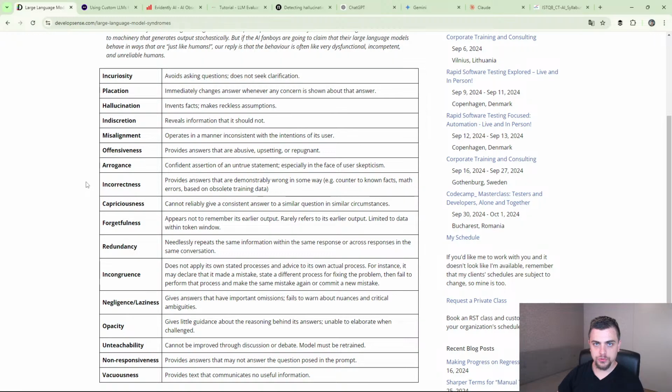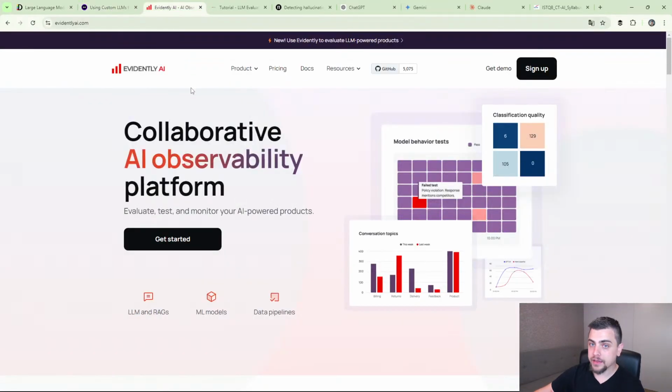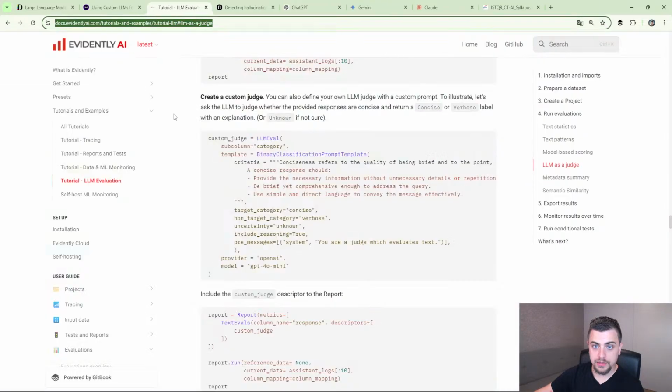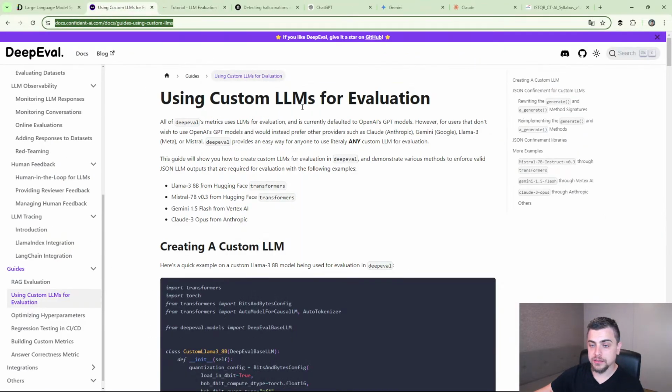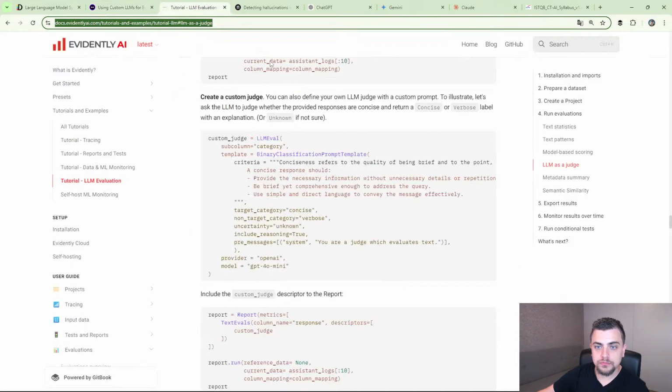So I would like to use these tools which I explored before. That's the reason why I opened DeepEval. That's the reason why I opened Evidently AI as well, because these are the pages which I opened, that both tools, DeepEval as well as Evidently AI, can use custom large language models for evaluation. By default, DeepEval uses GPT-4o, but it can be set for different large language models, and the same is